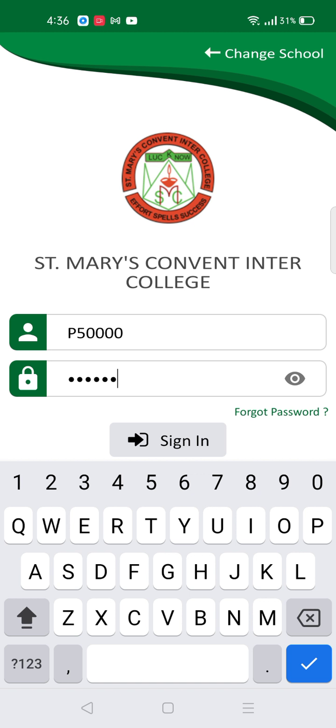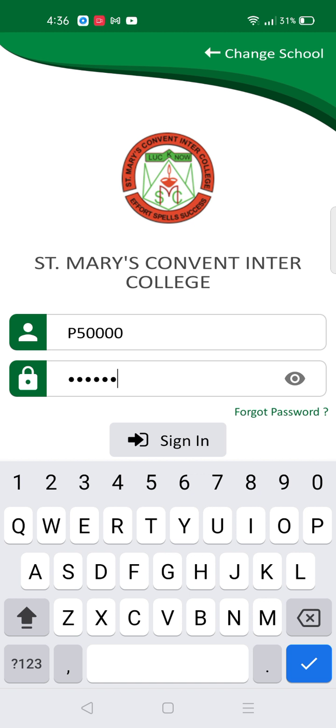Afterwards you delete all your messages, or the phone gets formatted at your end, and then you come to us saying my user ID and password have been forgotten, please provide them. This time the school will not help you, because the reset option for providing the user ID and password is not with us right now. So you have to store this user ID and password in a secret place.